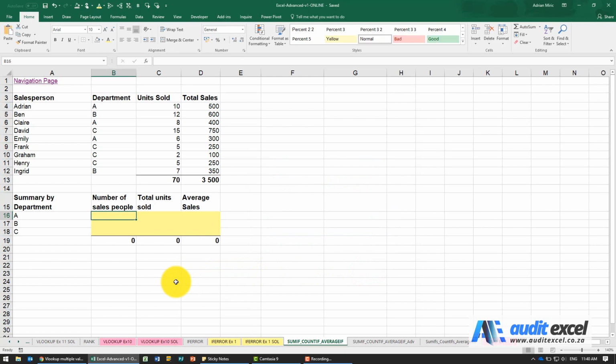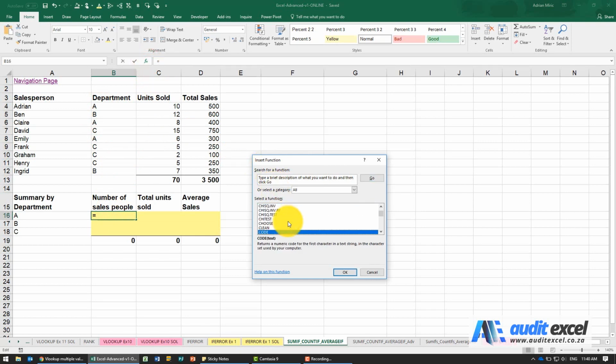It allows you to do a couple of things. So for example, I've got a little database here, and the first thing I want to do is work out how many salespeople are in department A, B, C. If we gave this to you on a piece of paper, it would be very simple. You just go here and say, I'm looking for department A. Let me count 1, 2, 3. So the function that does a similar type of thing in here is the function called COUNTIFS.